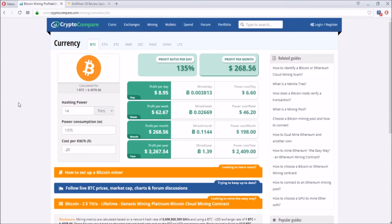But also, I would say, if you guys are gonna go into this, you want to go big, and that is with a caution. If you guys have considered all the pros and cons of this, and if the pros outweigh the cons and you want to get into this business, I would say go big. So instead of just buying one of these ASIC machines here, if it was for me, I would probably say,